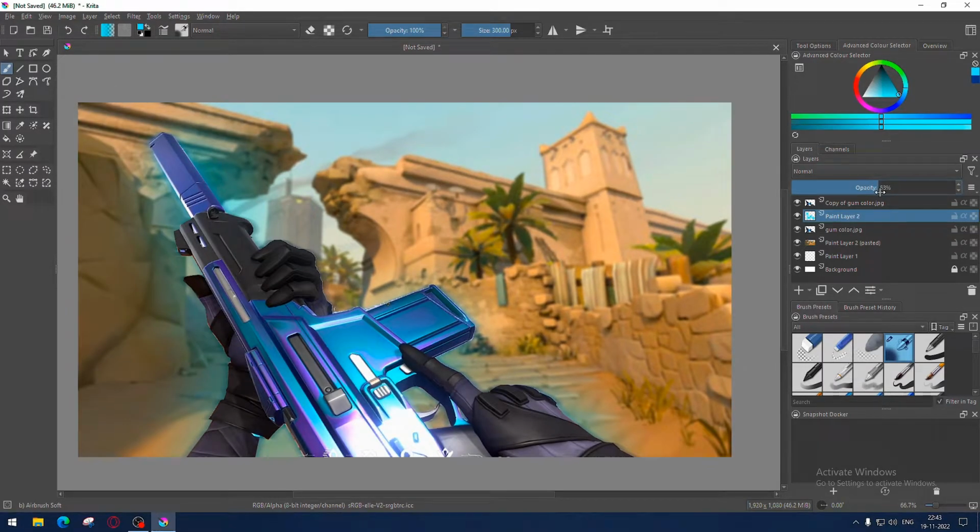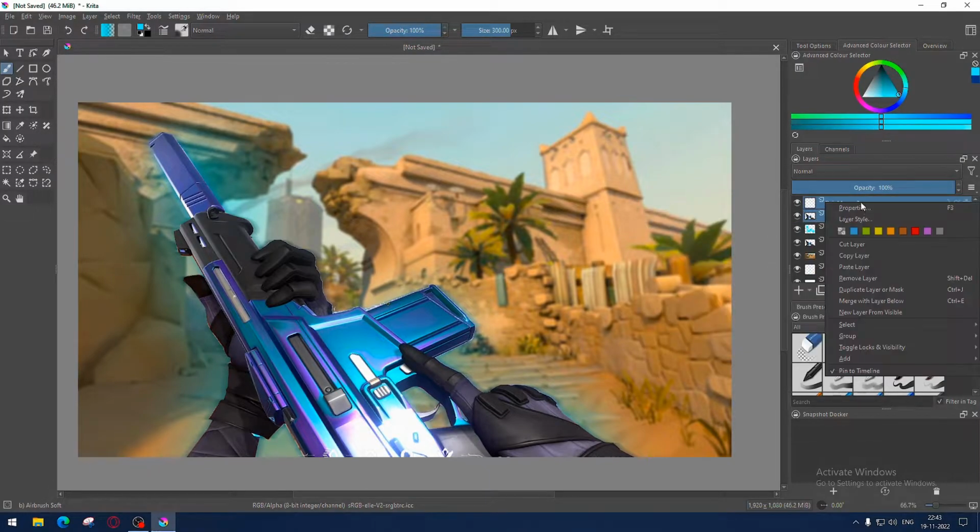Now take new layer on the duplicate layer and Shift plus click both layers and right click, click group, then quick clipping group.